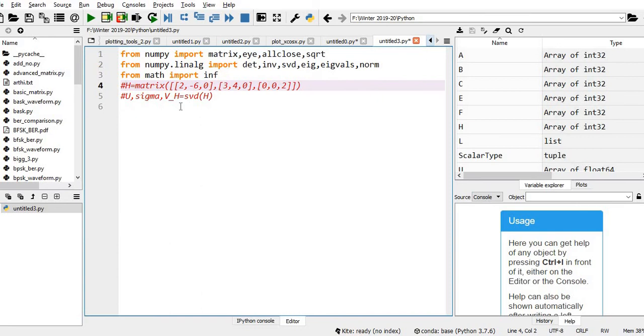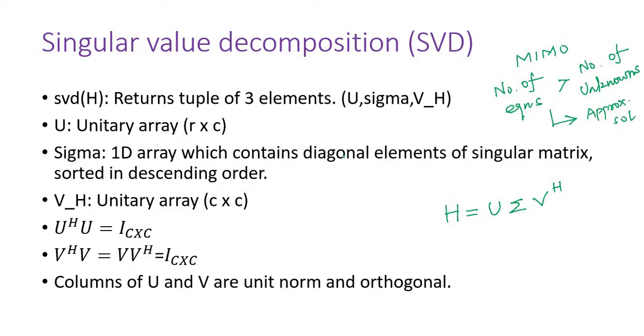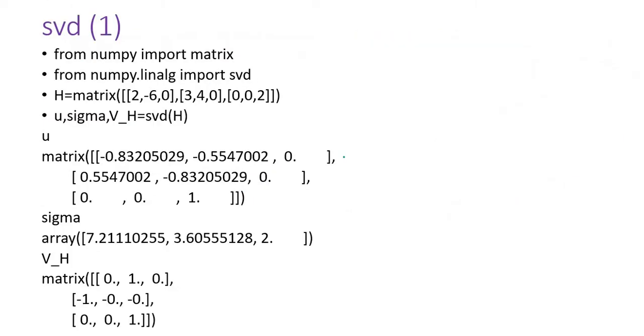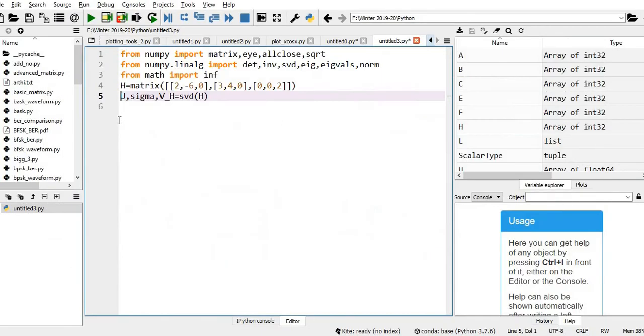I have an H matrix. In order to do the singular value decomposition, the built-in command is svd. So again we need to import svd from numpy.linalg. I am going to give some matrix as the input of this svd. It is going to give three matrices: U, sigma, V Hermitian. Let me try this.